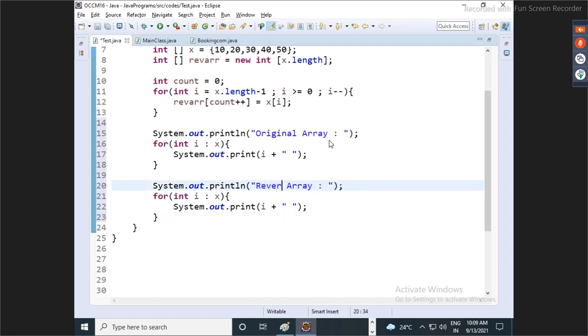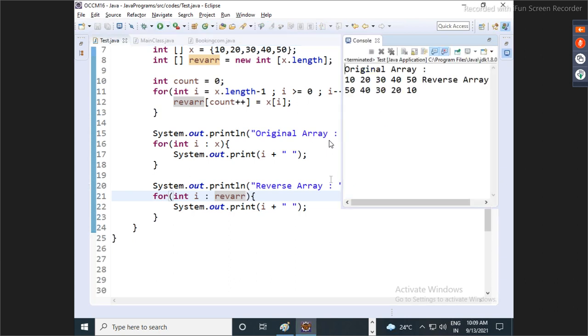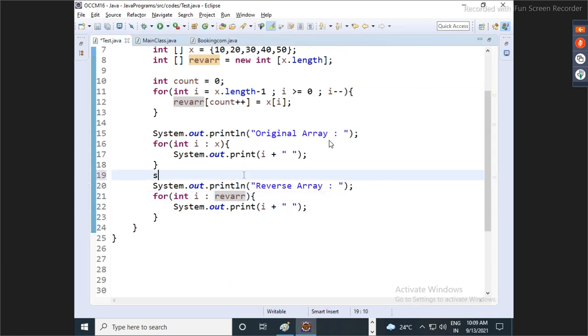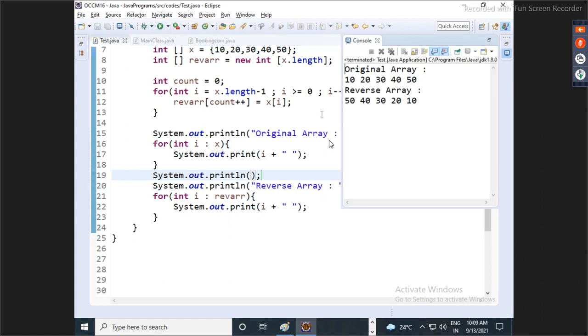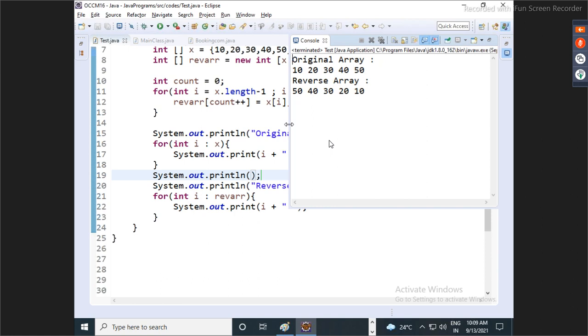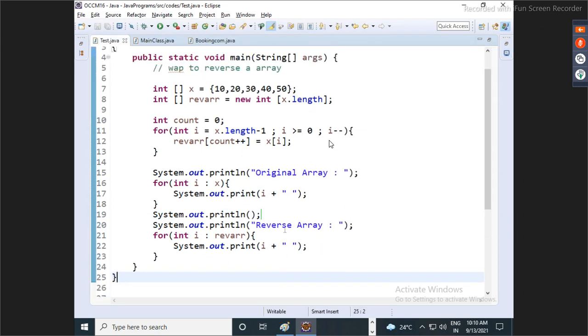So here, instead of this, fetch it from revArr. See, is it working? I guess we have to give one blank SOPL. Is it okay? See, original array 10, 20, 30, 40, 50. Reverse array 50, 40, 30, 20, 10. How many are clear on this? Note down: program to reverse an array.